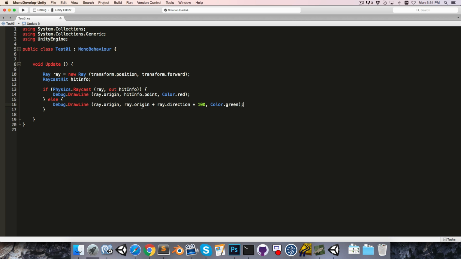Now, I should mention that when we use the raycast method without a max distance parameter, then the ray is considered to go on forever. So just because I'm drawing it for only 100 units doesn't mean that the ray is only 100 units long. If we wanted to restrict it to 100 units, we could add a third parameter here, max distance, and set that to 100. Let's now save this and go into Unity